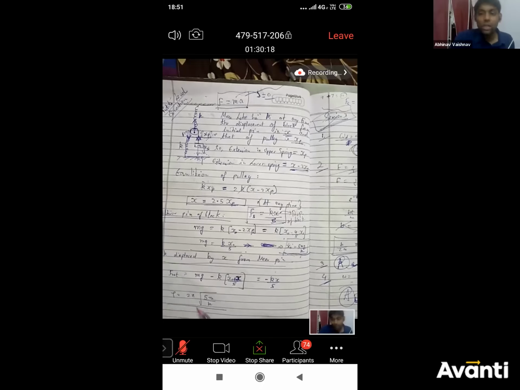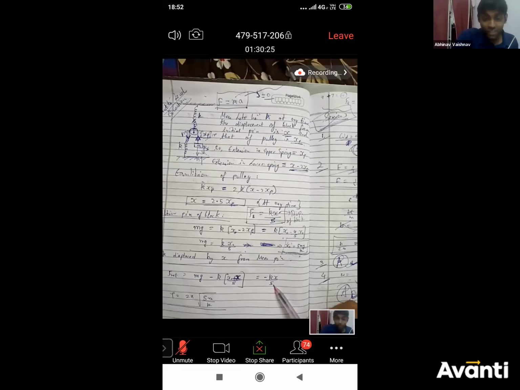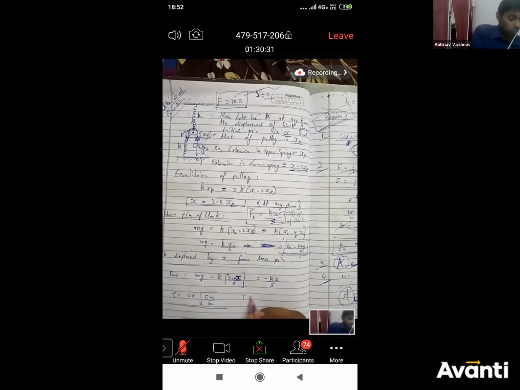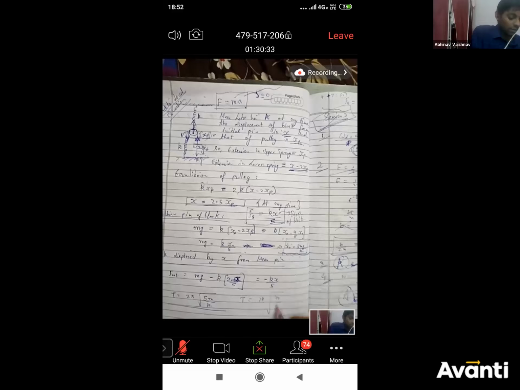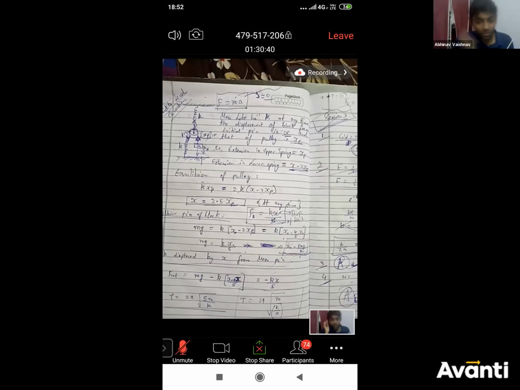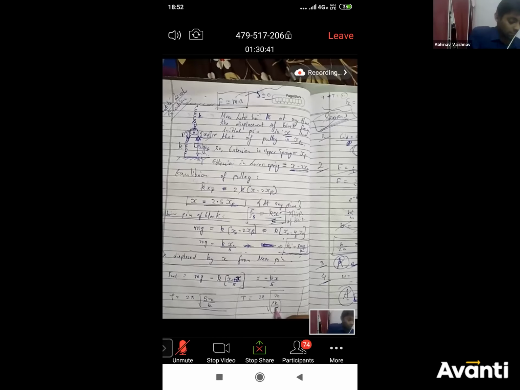Time period क्या होता है? 2 pi root m by k, where k is the force constant. So what is the force constant here? Clearly force constant is k by 5, right? So 2 pi root m divided by k by 5. That is the time period. 2 pi root m divided by k by 5. That's it. Okay. So it might look complicated, but if you are clear with the concepts, it's actually nothing complicated,